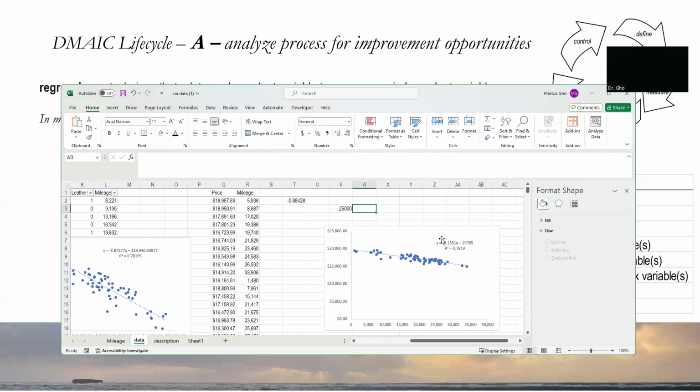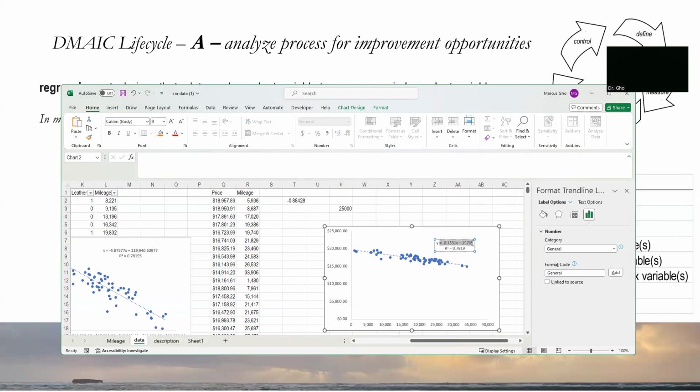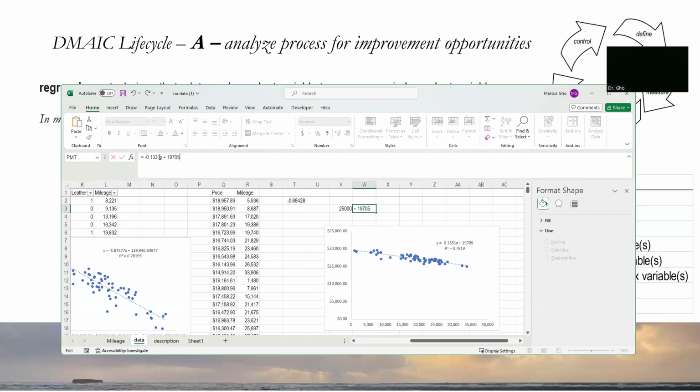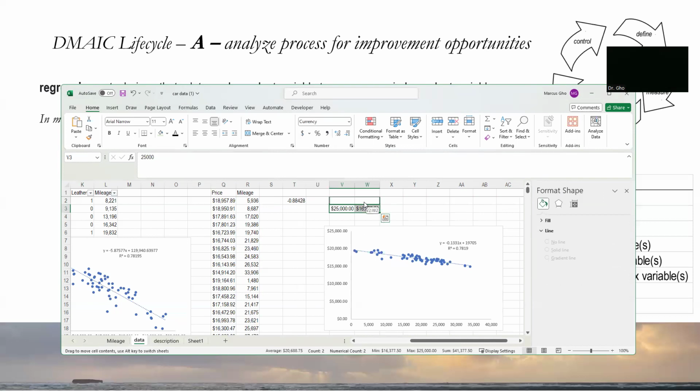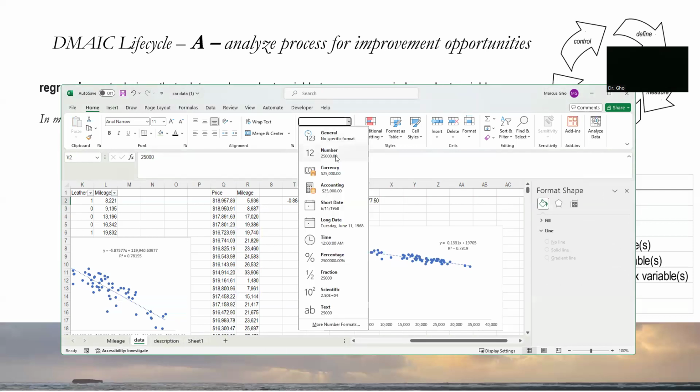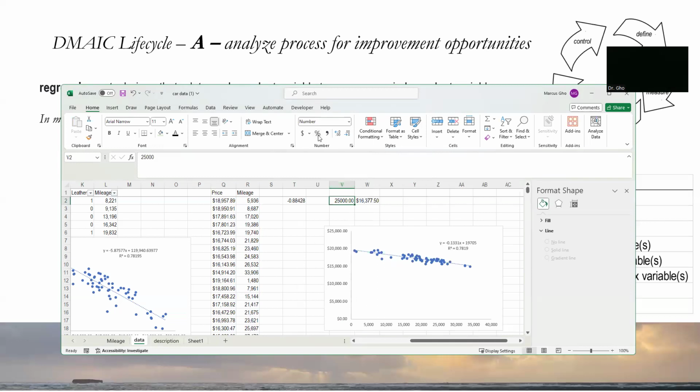We'll put the same equation right here. I'm just going to copy this. Makes it easier. Right here, instead of the X, I'm going to do times that value. And so let's make it dollars, currency. So if you have a 25,000, this one's supposed to be a number. 25,000